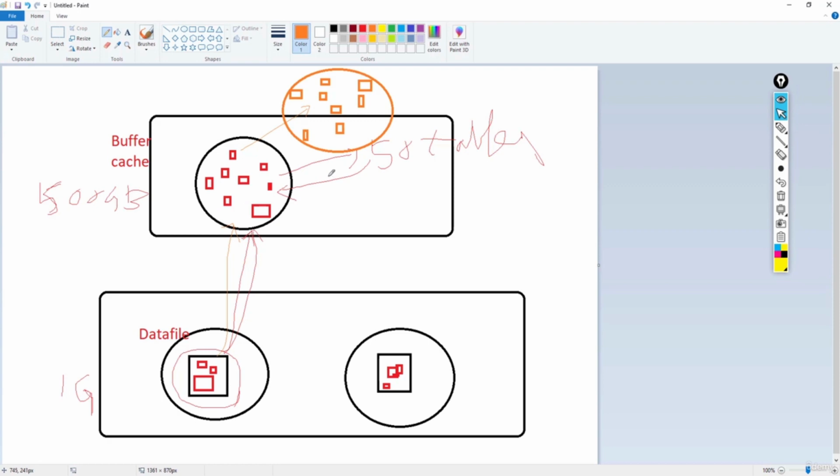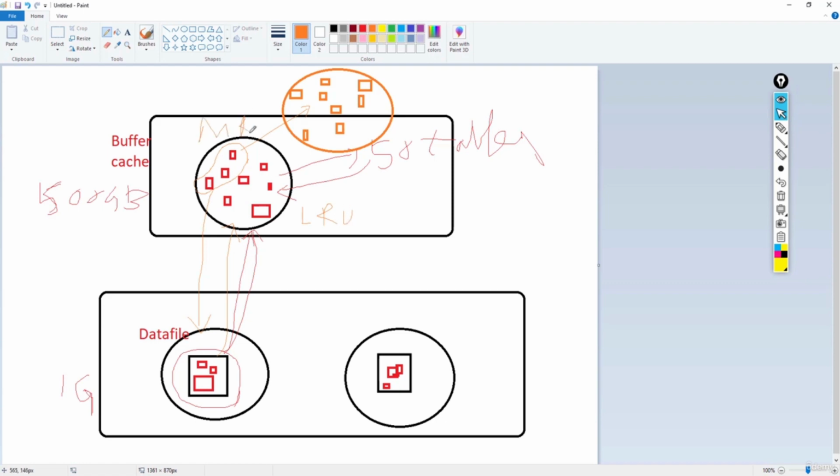If you cache a big table in the buffer cache and most of the blocks are not being read frequently, then there is no use of caching the table. If you cache that big table, then all the other table blocks will be removed as part of the cycle, right? Most recently used and least recently used